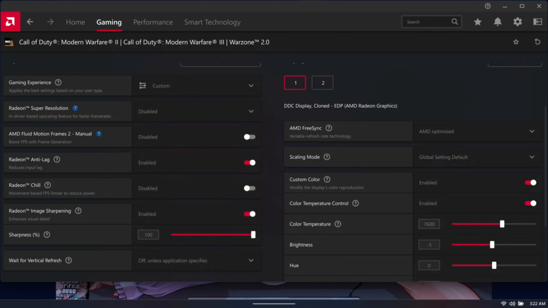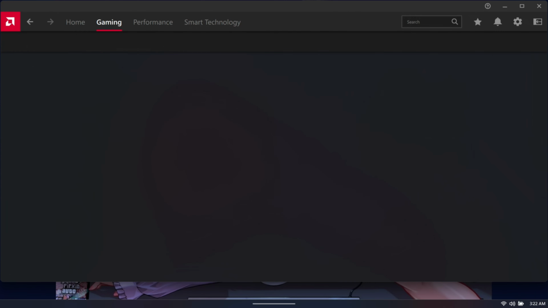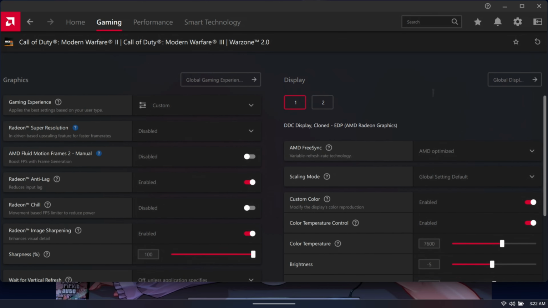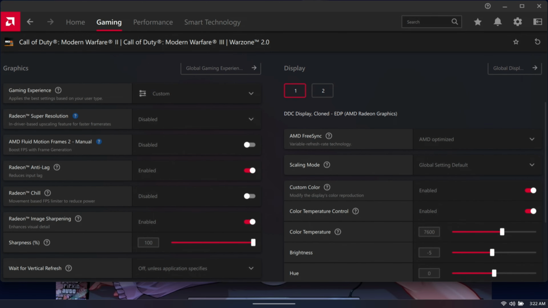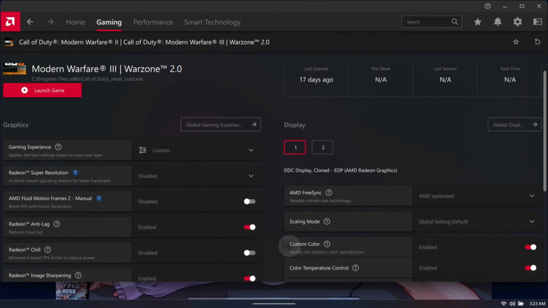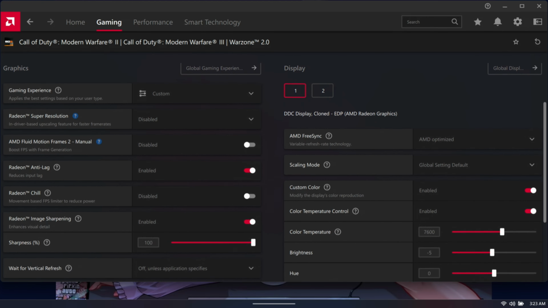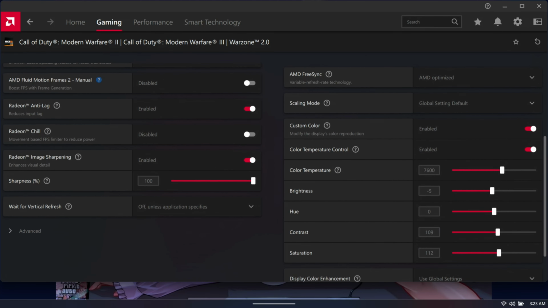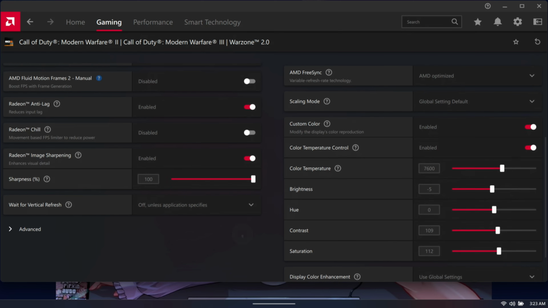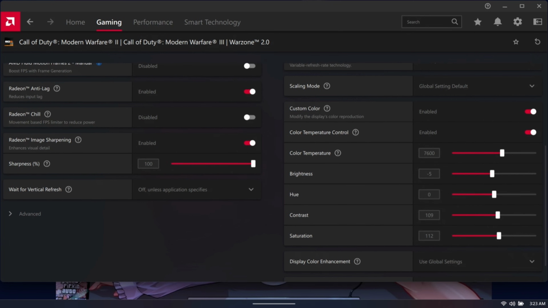You can get to that from down here where the clock is, and you can click your AMD Utility. I would recommend setting most of these settings as the global preset. Click the Black Ops 6, or if you don't have that, we'll do the global settings the exact same way. So you can see I do not use frame generation or fluid motion frames. Those actually add too much latency for a first-person shooter, so I don't recommend those at all. However, I do recommend setting anti-lag. You can turn image sharpening on if you like, and then over here for custom color, copy these settings down